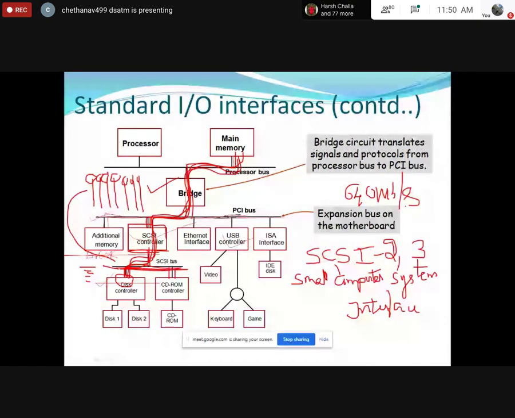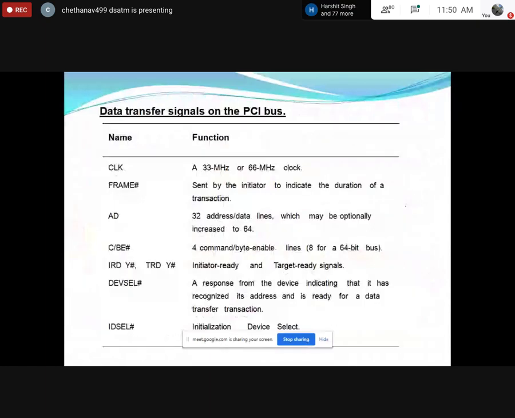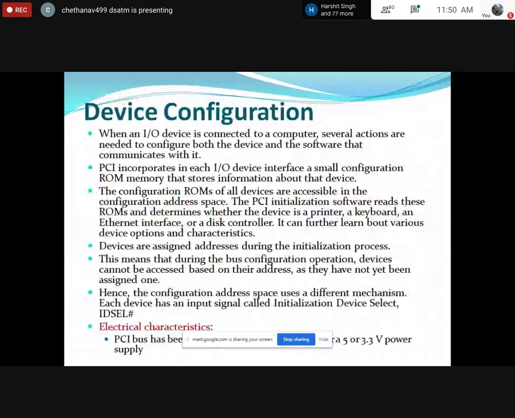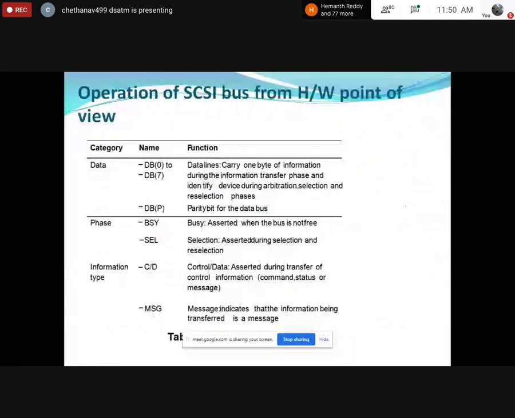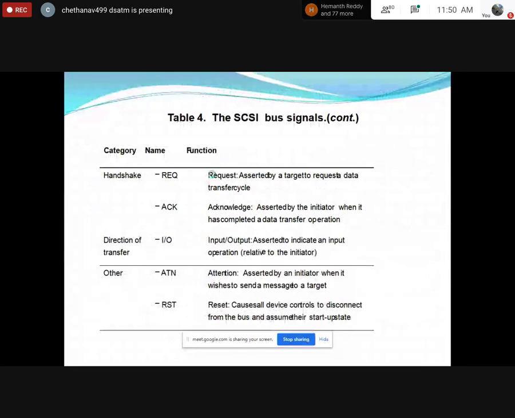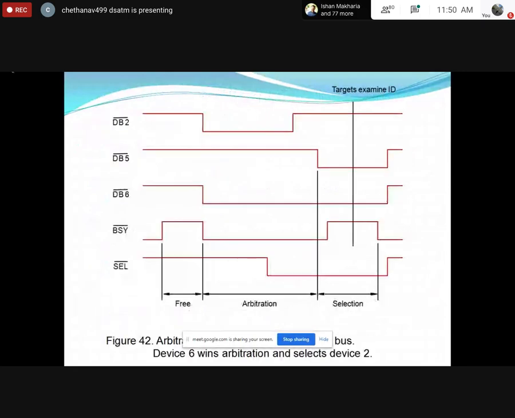Okay, so let me show you how the SCSI controller will handle the data transmission. For that we have a diagram here. I hope you are able to see this SCSI. I'll go directly to the diagram. It's quite easy for me. Let me take this first. Yeah, this is the thing. Just see here how SCSI will work. I'll write it here, SCSI. Please look at this SCSI.